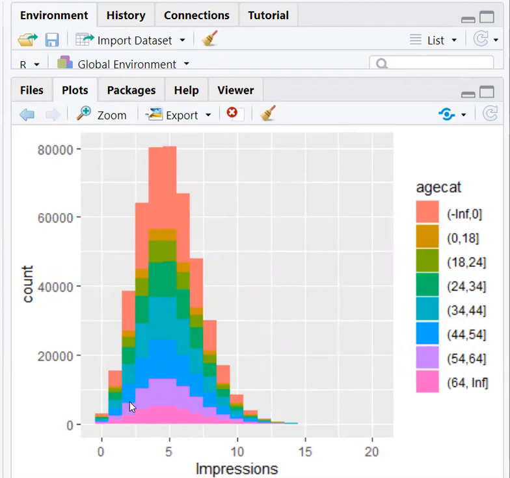So it is a histogram plot, and for each age category, a separate color has been used. So here the colors are mentioned. So 64 to infinity, this color, like that. So this histogram plot indicates the number of impressions followed by how many counts are there. That's it.